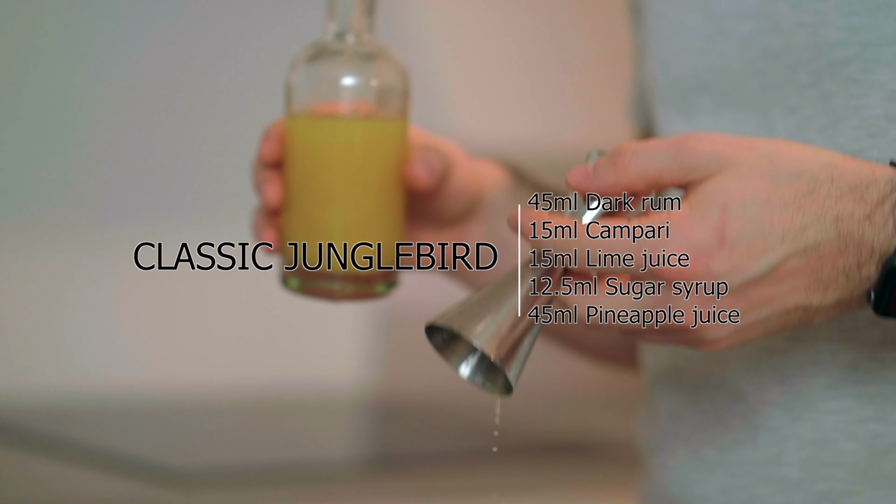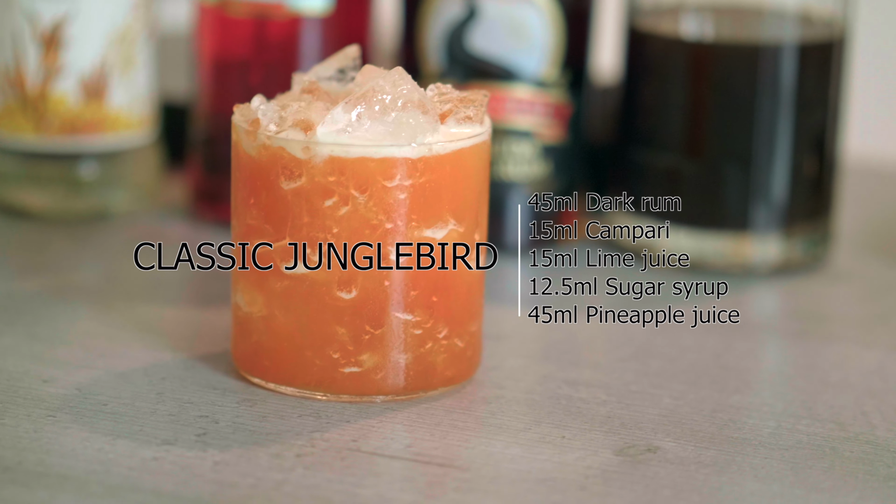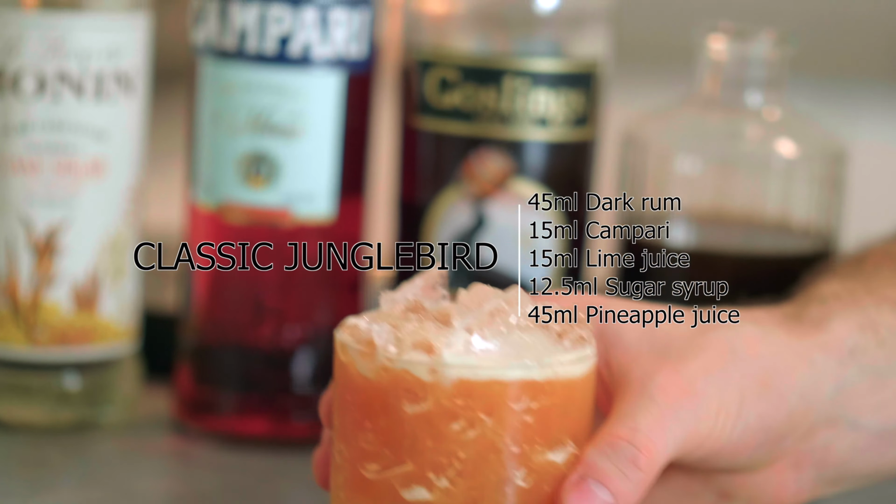So really big ingredients, bold flavors, but they all marry together. They're shaken over ice, served over crushed ice, and you get a really nice, complex, bitter, sweet, acidic drink. Lots of things going on which come together really nicely. But today, what I want to do is incorporate coffee into the mix to create an even more balanced and rounded and unique drink. So I needed to choose a coffee which had big, intense characteristics,